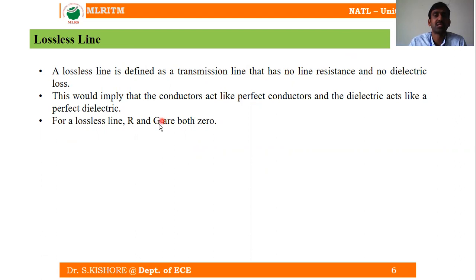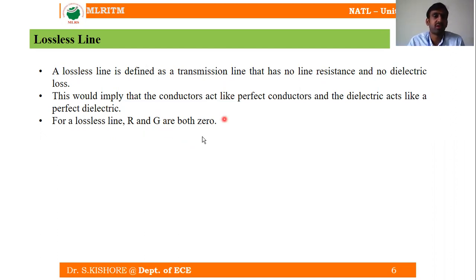This is going to be the leakage current between the spacing of the dielectric, right? This spacing of the line, where we are going to use the dielectric medium, due to the dielectric medium only we are going to have this shunt conductance. Because of the shunt conductance we are going to have the leakage current. So obviously if the dielectric loss is 0, then the leakage is going to be 0 here. That is the reason why for a lossless line, R and G both are going to be 0.